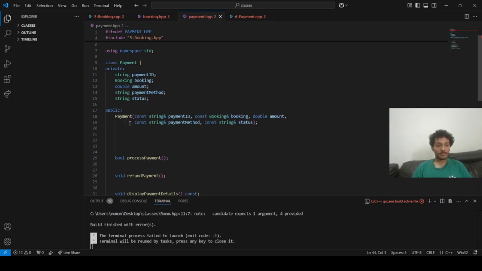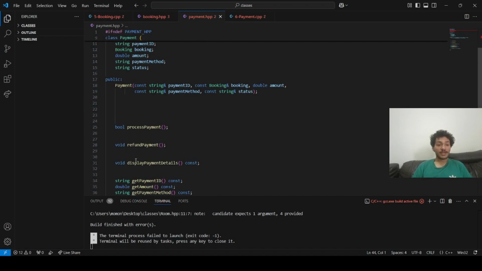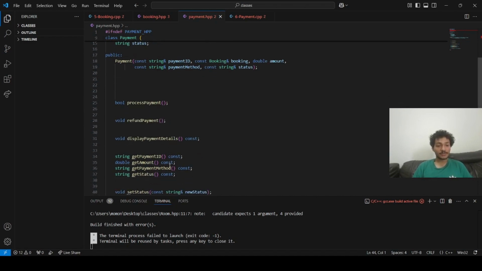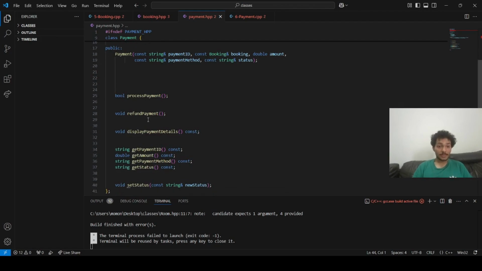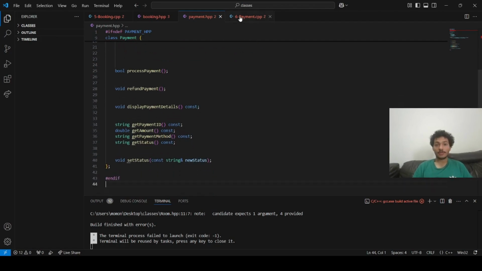Also, we have public, which is also payment. We have put these attributes and parameters. Also, we have these methods which are process payment, refund payment, display payment details. I'm gonna go through it in the CPP, payment CPP. Okay, in the payment CPP,